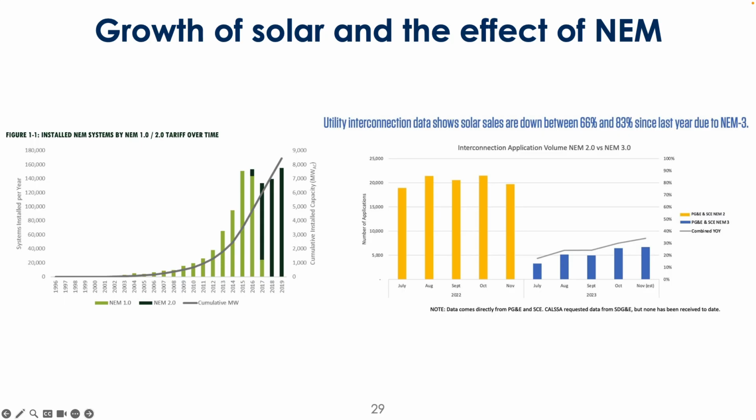Some interesting things have happened. If you look at the growth rate of residential NEM systems under NEM 1 and NEM 2, it looks like this. And then very recently, in 2022, after NEM 3.0, you can see there's a pretty large drop in solar sales. Something like 60 to 80% lower than when it was NEM 2.0. As part of the design,